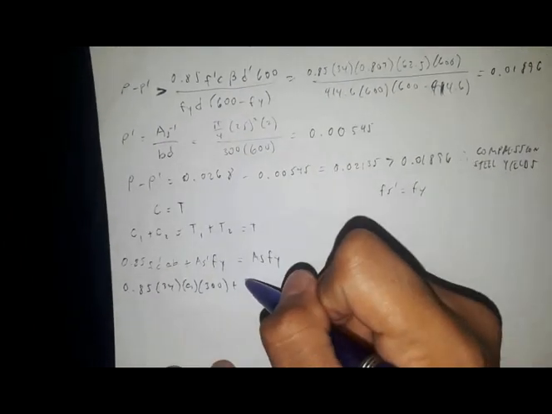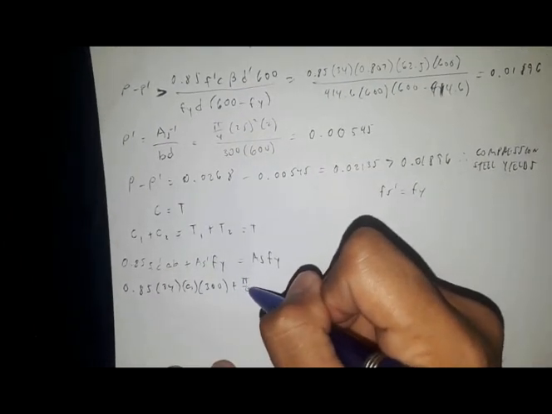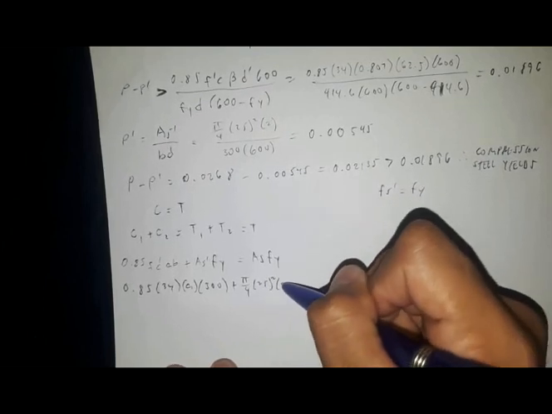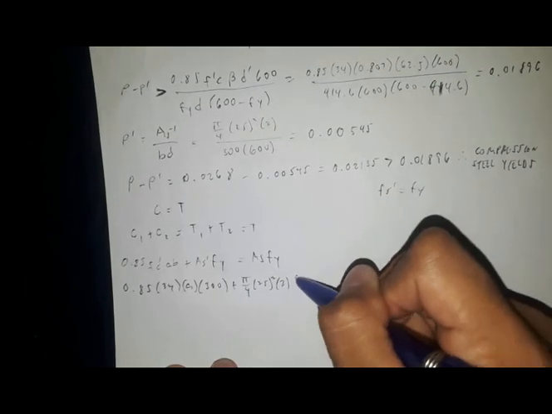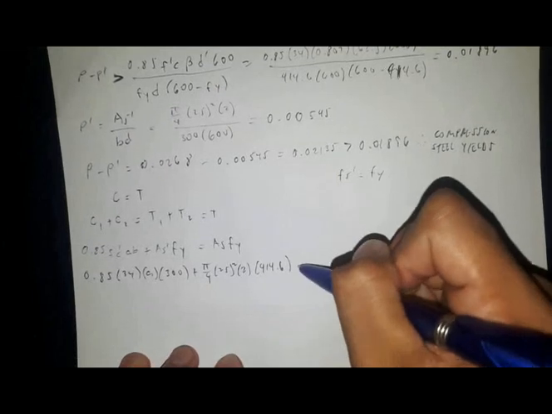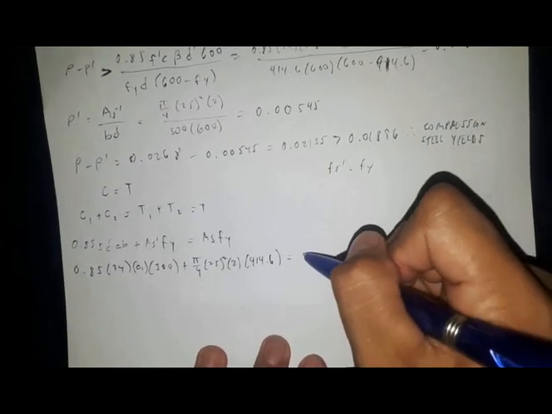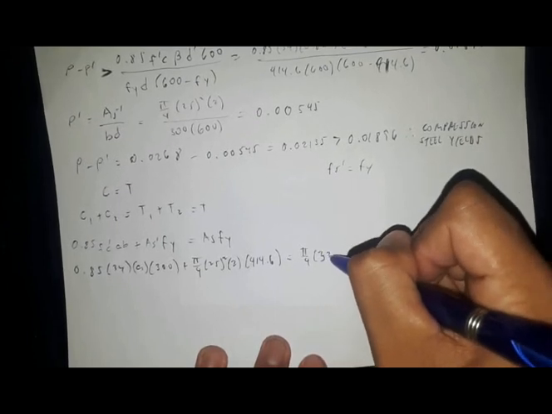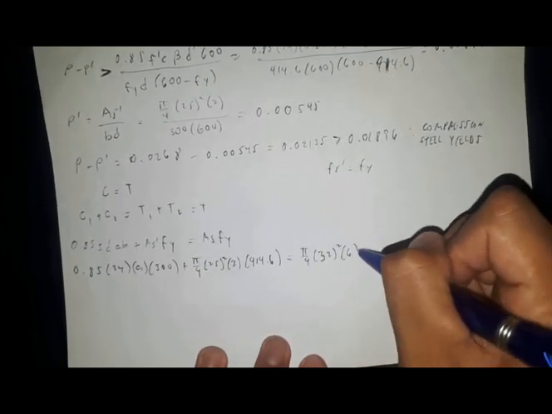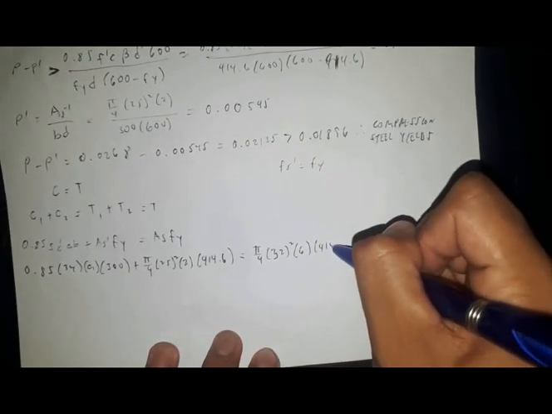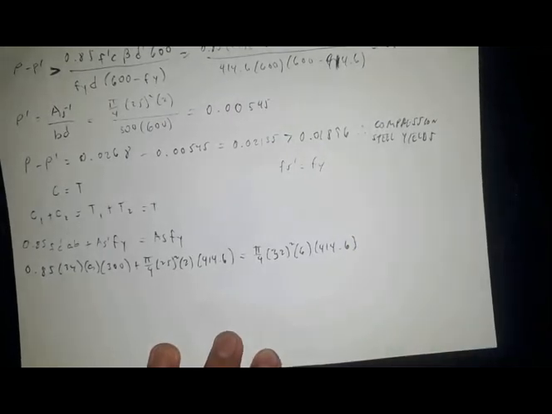So, AS prime is pi over 4 times 25 squared times 2 multiplied by Fy of 414.6 equals, so AS is pi over 4 times 32 squared times 6 multiplied by 414.6. So from here, makukuha natin yung